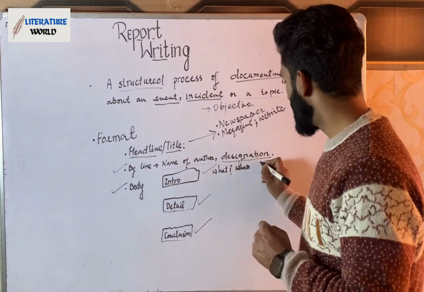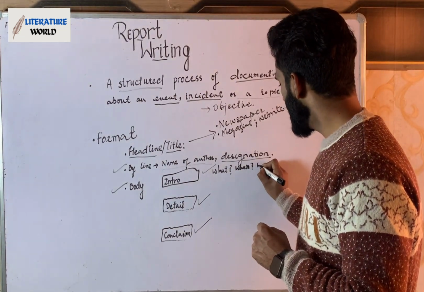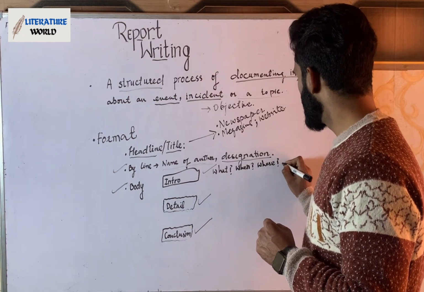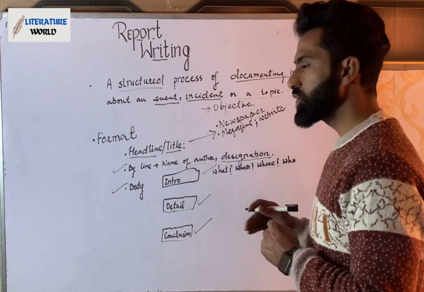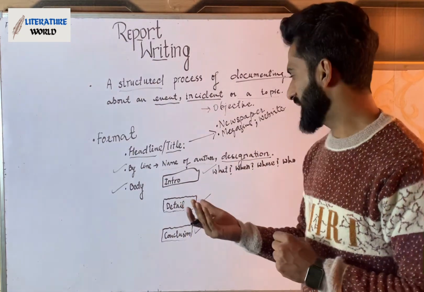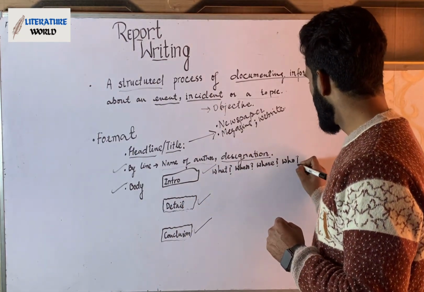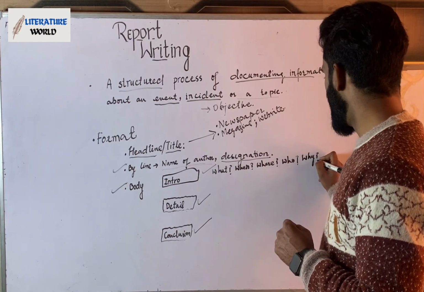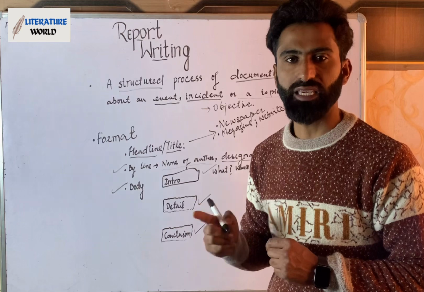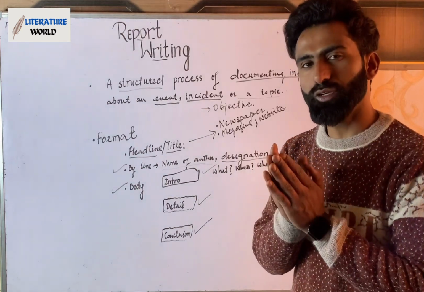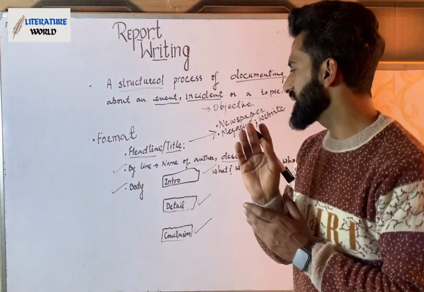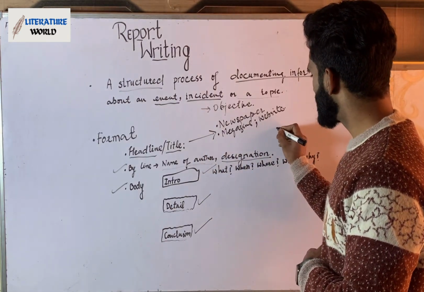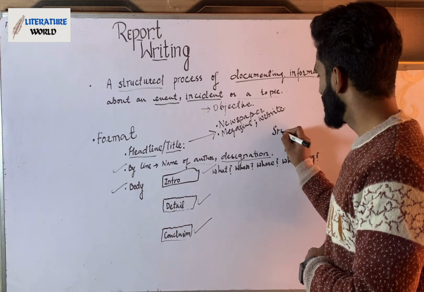You must also answer where. Where did it happen? You must also answer who. That means who else was part of it, who conducted it. And furthermore, if that is there, you must also answer why is this being organized. If we talk about the newspaper report, it is slightly different. You begin the newspaper report with the place, that is, for example, it is Srinagar.